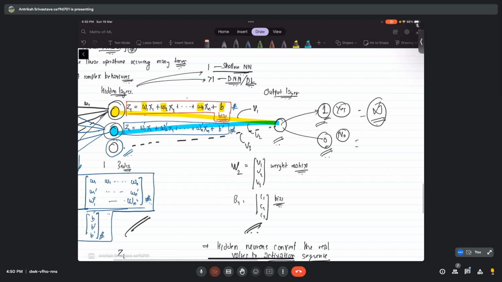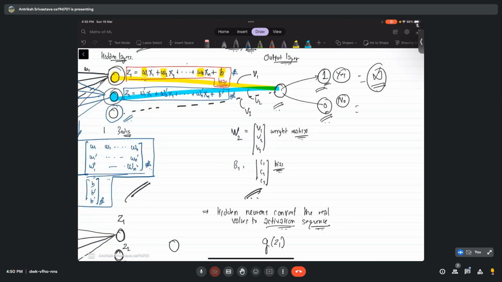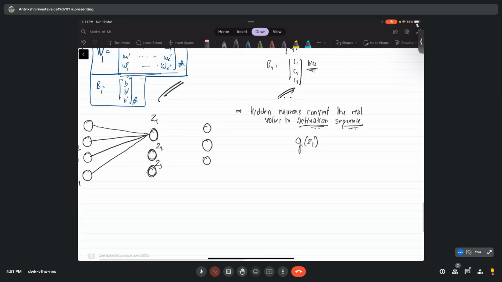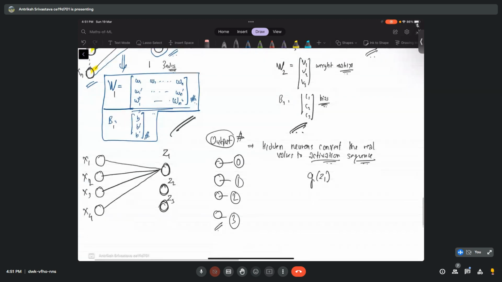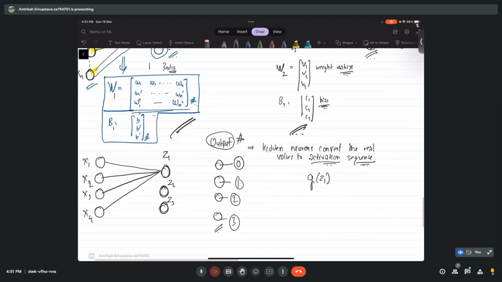To understand this, we have to first understand that I only kept one neuron in the output layer for the simplicity of this example. So there can be any number of neurons in the output layer, and what you can do is assign this particular neuron to 0, this to 1, this to 2, this to 3. If you have some kind of classification problem, you can do this. So that is the answer for Shruti: you can have more neurons to assign the different classes if you have more than one class.